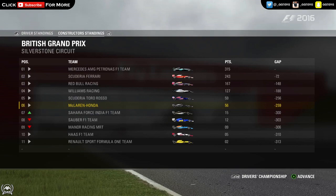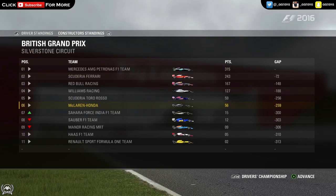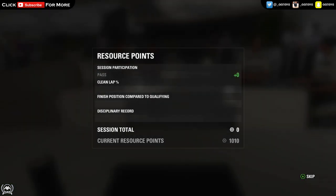And we can see we're still behind Toro Rosso in 6th place. So I really want to try and work hard the next few races to try and jump back ahead of Toro Rosso. So I feel like we definitely should be. But obviously, Sainz got that very, very surprising podium in Baku after a crazy race for the AI up there, Azerbaijan. So as we look on after the race,